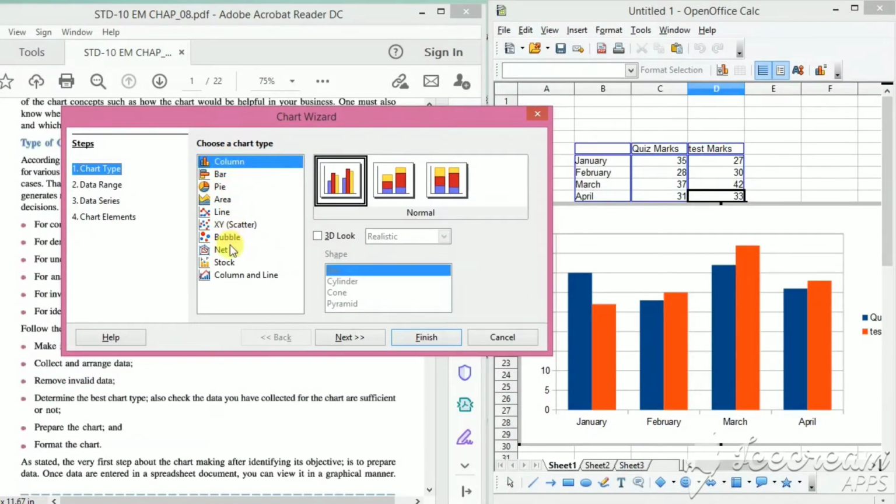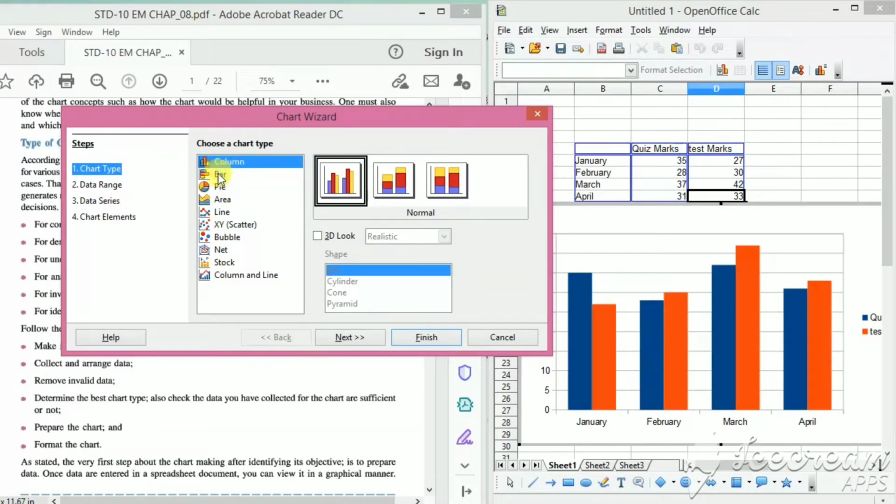There are a number of options in the chart. First one is column, second one is bar, third one is pie, fourth one is area, then line, XY scatter, bubble, net, stock, column and line. Today we have to select the column chart.